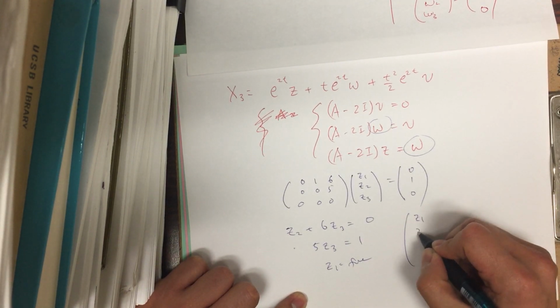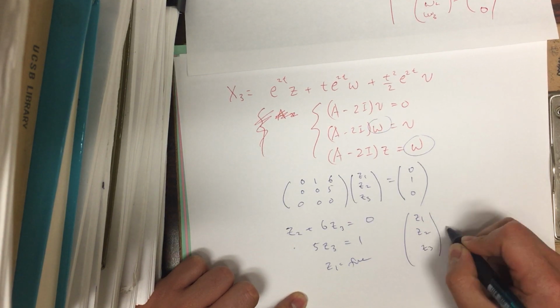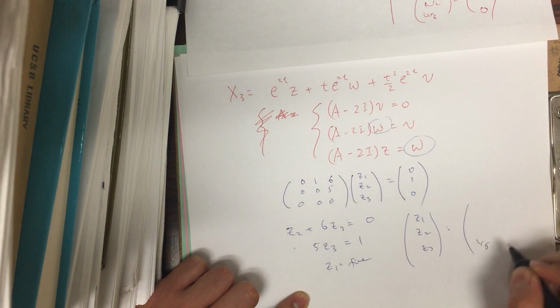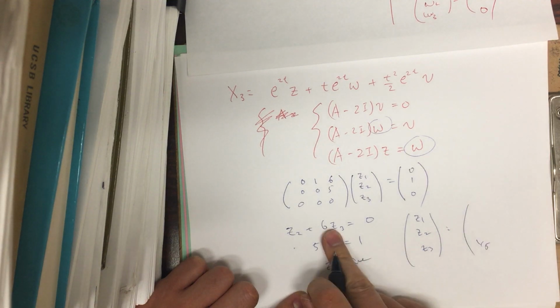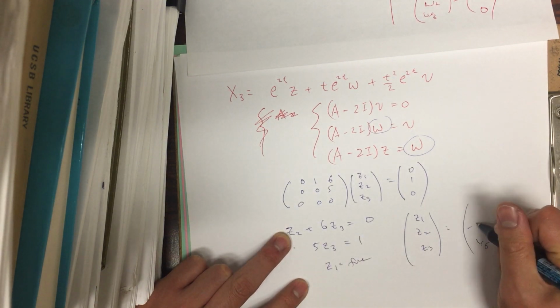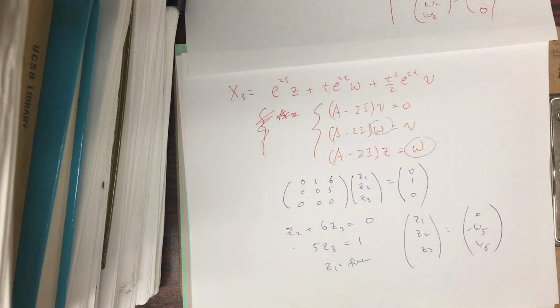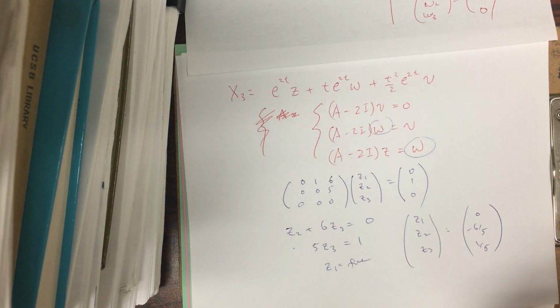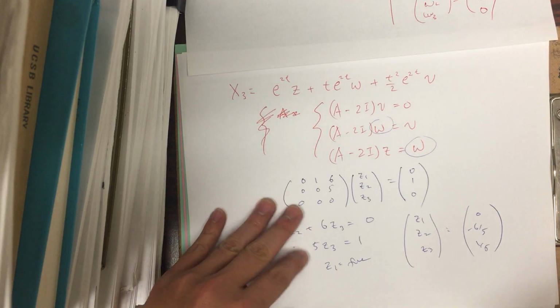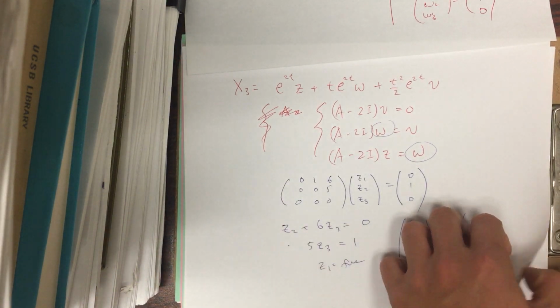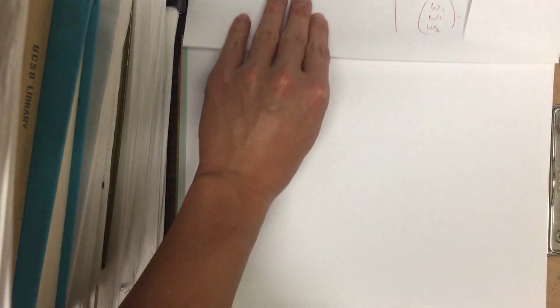So for this generalized eigenvector, z3 is 1/5. If z3 is 1/5, then z2 will be -6/5. And z1 is free, so we let that be 0. Okay? And so now we plug all these in so that our general solution will be